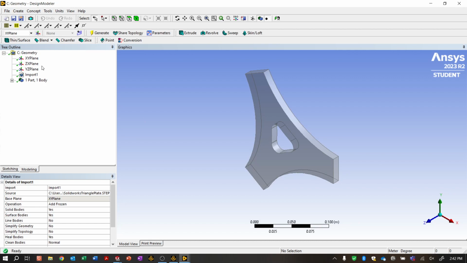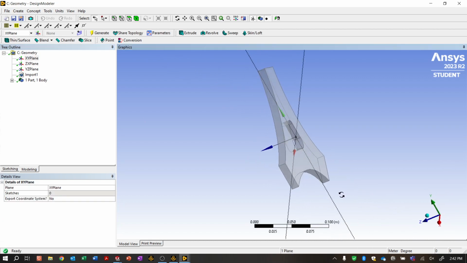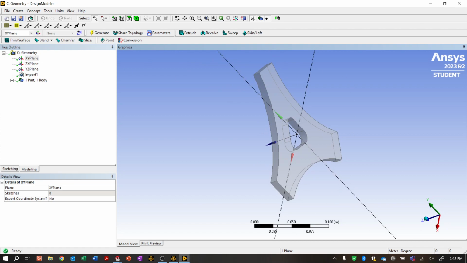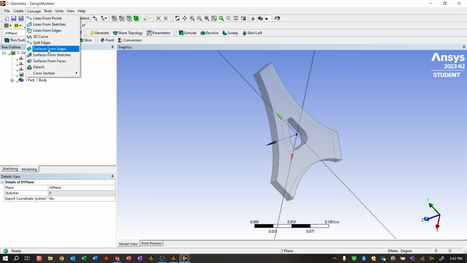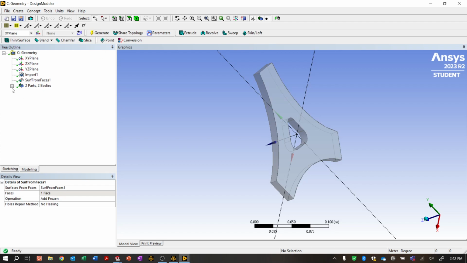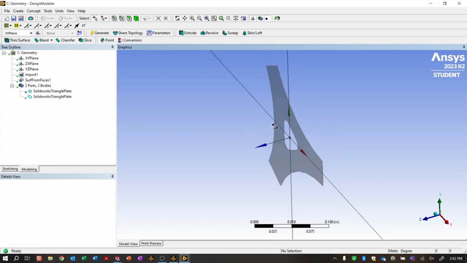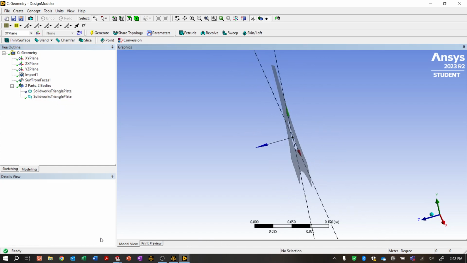I want to double check to make sure this is on the XY plane. And it looks like I do have one face on that XY plane. And so I can do a surface from faces. So I'm going to grab that face, generate, and now I have two bodies, right? A surface body and a solid body. I'm going to suppress that one, and now I have that body that I could pull into ANSYS, just like